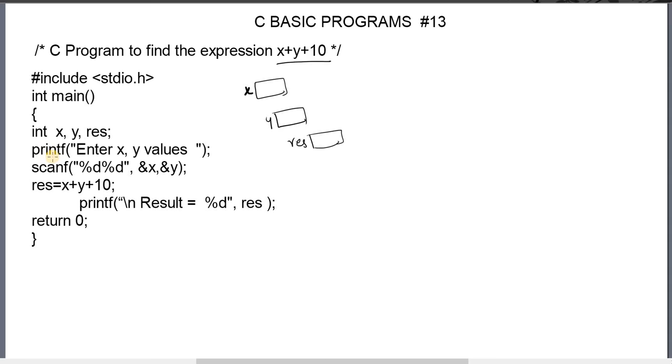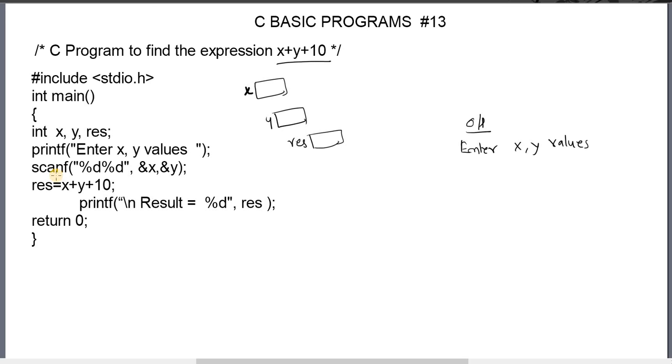And in this printf, each variable can store a single integer. This printf says "enter xy values". The message given to the printf function will be taken and printed as the same message on the output screen. When the printf statement is executed, we will get the message "enter xy values" as output on the output screen.